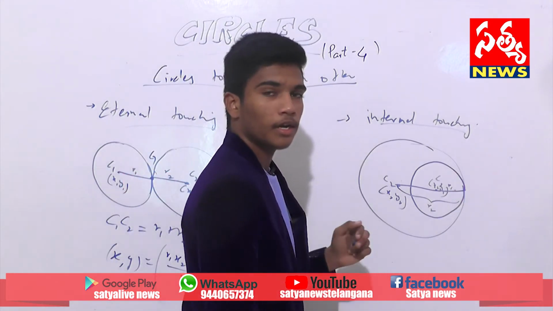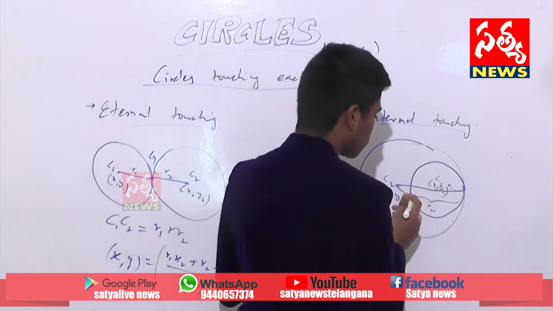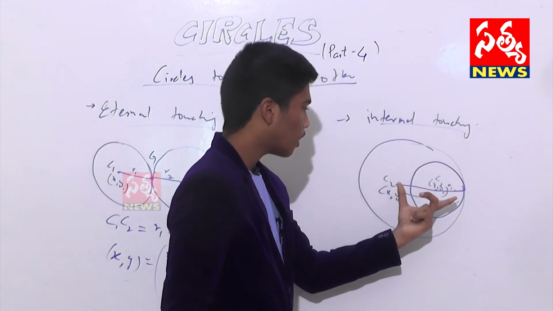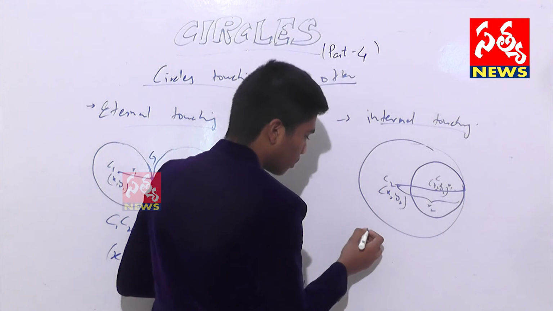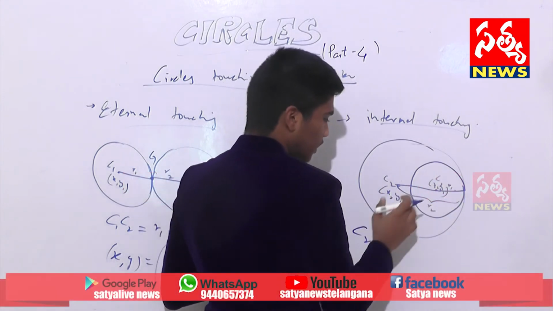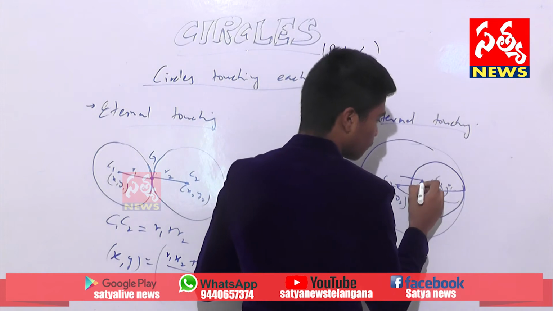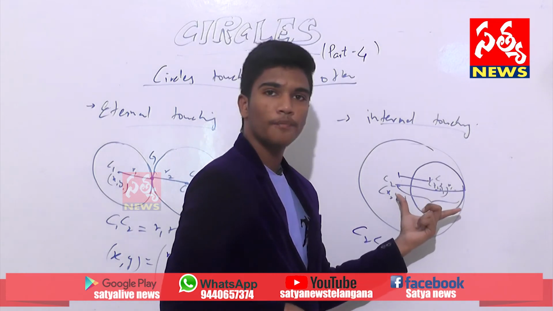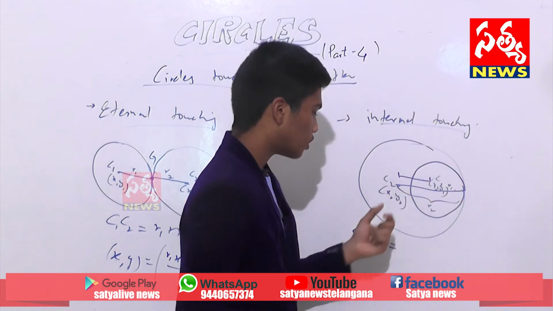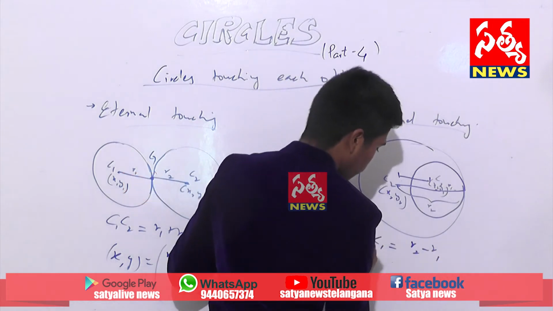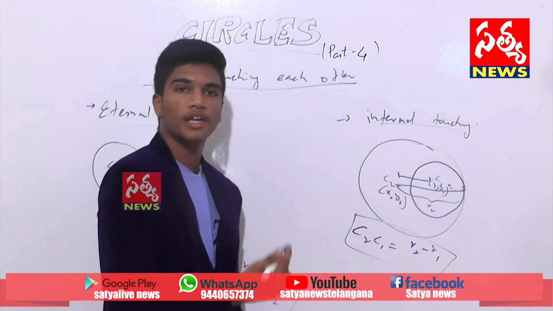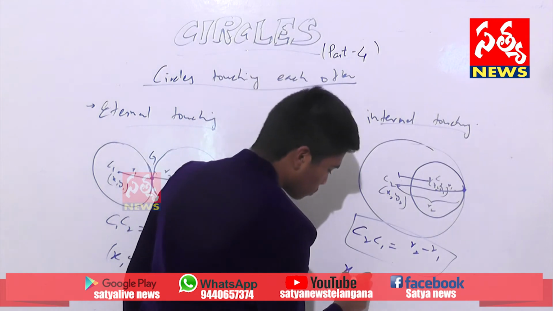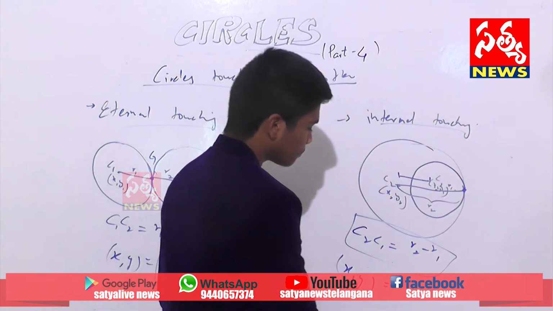Now, let's come to internal touching. The condition for this is, see here, the distance between C2 C1 is R2 minus R1. Observe here carefully. C1 C2 is this distance, which is the radius of the bigger circle minus the radius of the smaller circle, which is R2 minus R1. This is the condition for internal touching, and the point of intersection of two circles is